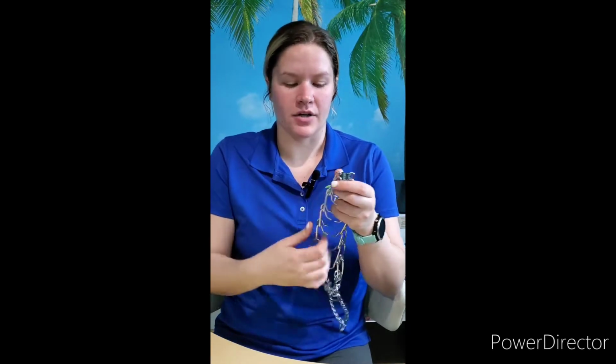Okay, so let's talk about Koba's training. So we have his prong collar right here. We are going to use this outside the home, inside the home. That way we can communicate with Koba and guide him where he needs to go and what's expected of him at all times. So he will need some sort of leash, and what we do is we attach that leash